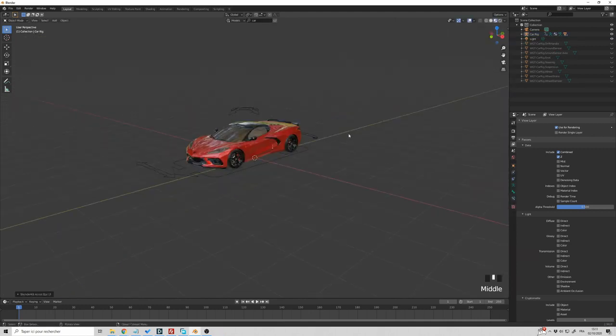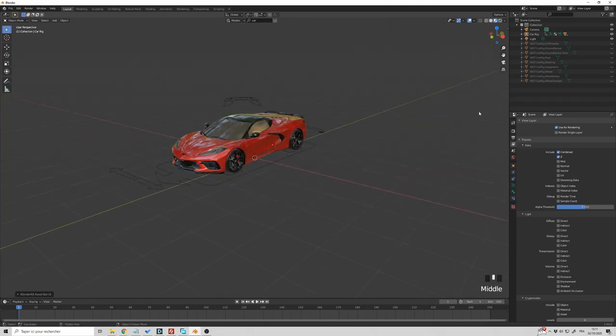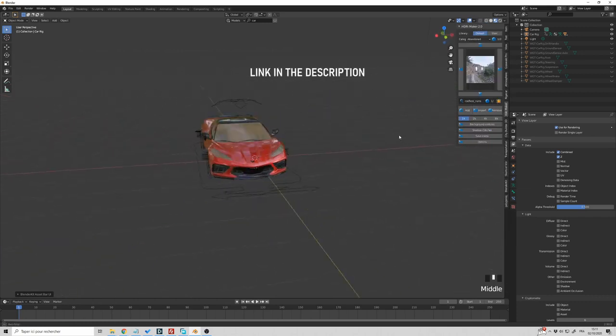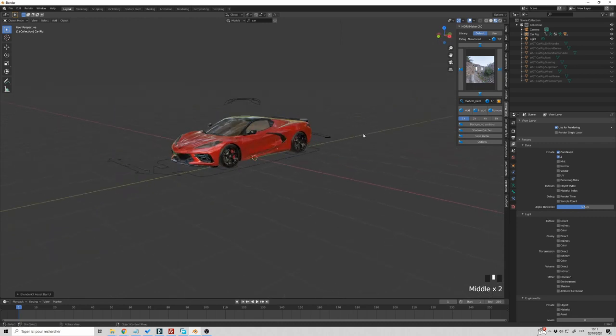Now we are going to add an HDRI to the scene. And I'm doing this using the add-on HDRI Maker. It's a very great add-on. Why? Because first of all, it comes with 400 HDRIs plus 400 HDRIs in 8K. One of the most important options I'm going to show you now.